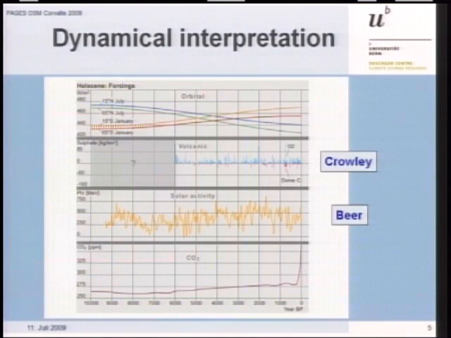Okay, if we look in a more dynamical way at these different periods, I think we have to look at the orbital forcing, which was, as I told you before, decreasing during the Holocene in the northern hemisphere, at 65 and 15 degrees north for summer, and increasing in the southern hemisphere. The interesting thing is that this is quite a large amount, even if you divide it into periods of about 1,000 years. It's even a remarkable amount. Altogether, over the 10,000 years, it's almost 40 watts per square meter.